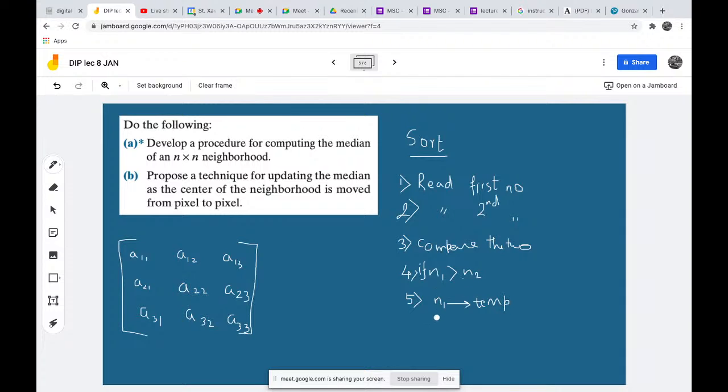Then you take n2 and assign it to n1, and as a third step you take temp, which holds your n1,